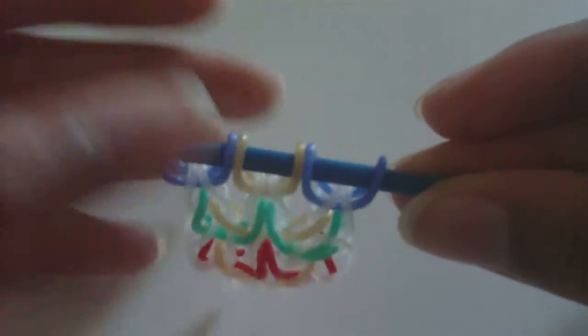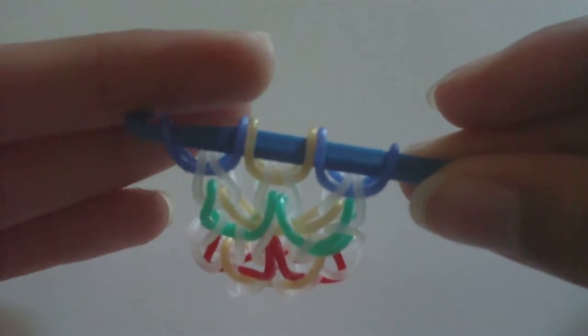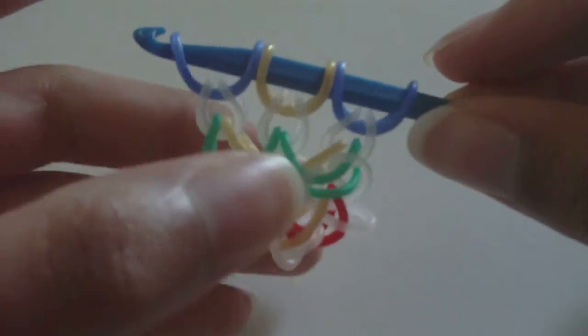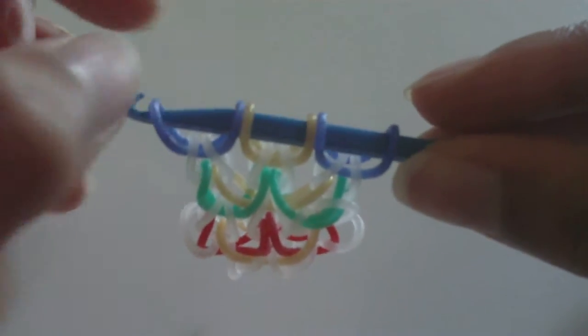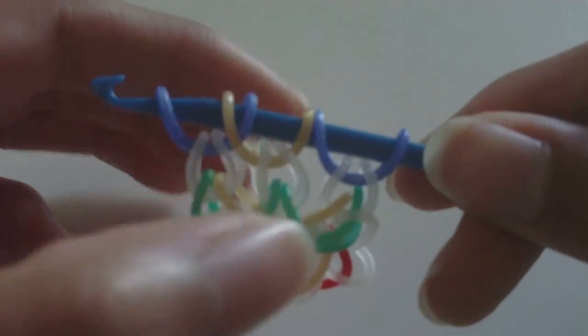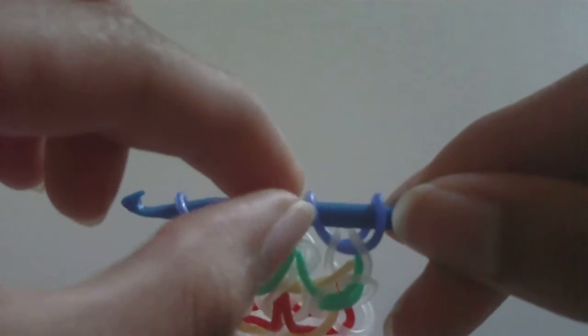Alright, so whenever you come to center bands and outer bands, you're on your hook, you need to do some overlapping. So first, we overlap the center band over the outer bands. So here on the left, we just take the band, overlap it. Here on the right, center band goes over